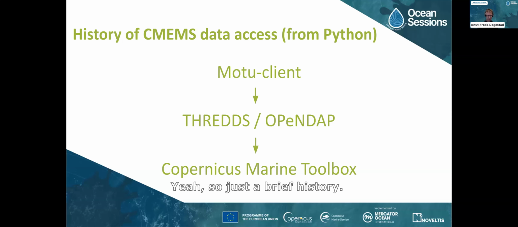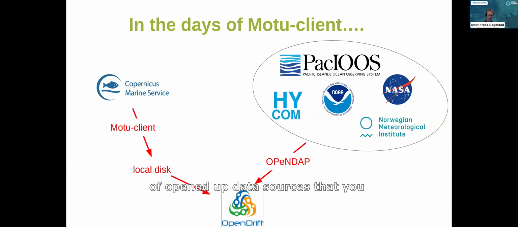Yeah, so just a brief history. We are today using the Copernicus Marine Toolbox, but before that we used the THREDDS or OpenDAP service. And before that, again, we used the Motu client, which was another toolbox. So back in the days, we had a lot of OpenDAP data sources that you see to the right, for example, our own data and American data and different data sources. But in those times, we needed to use a special Motu client for the Copernicus Marine service. And as far as I remember, I think we also needed to pre-download to a local disk before we could use them. So although the client was not bad in itself, this was a bit unfortunate